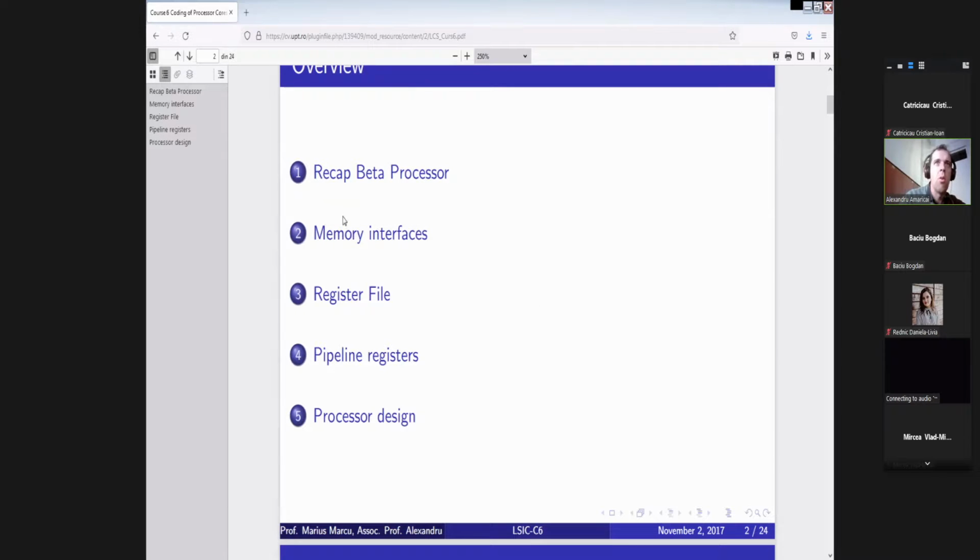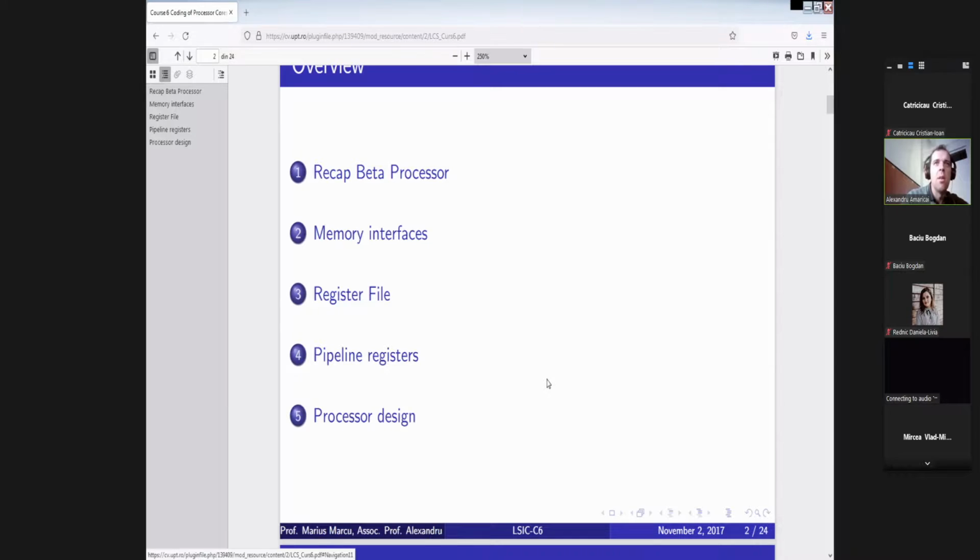Okay, so I will start with a short recap for this processing core. Then I will go through these memory interfaces, a register file, the pipeline register, and in the end, the actual processor